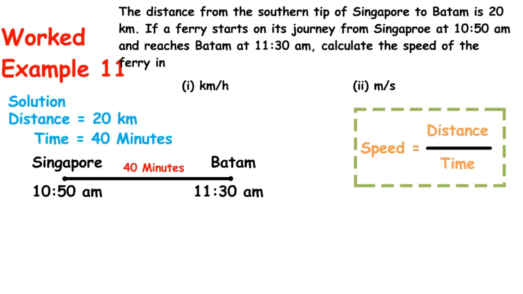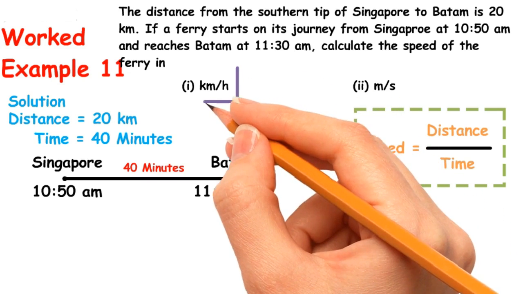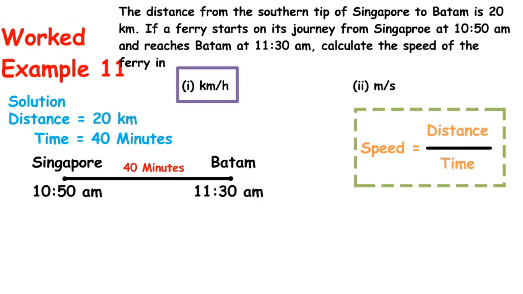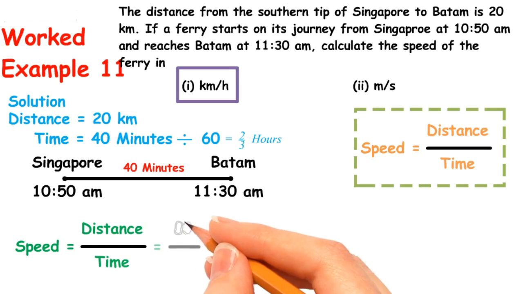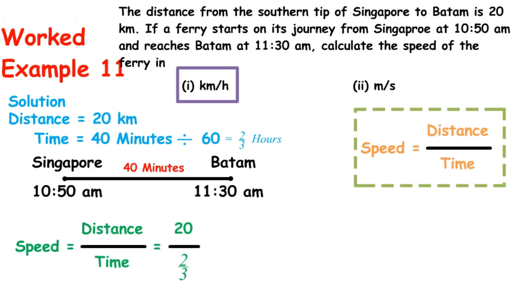We are going to find out the speed in kilometer per hour. To convert minutes into hours, we will divide 40 by 60. 40 divided by 60 equals 2/3 hours. Now, speed equals 20 divided by 2/3. 20 divided by 2/3 can be written as,